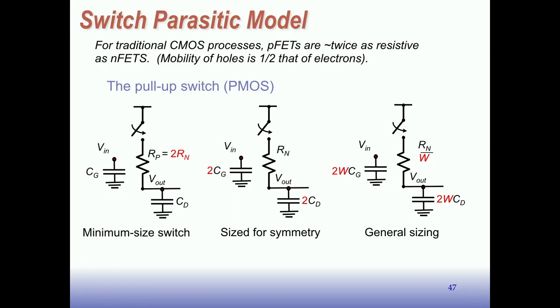In general, if we make it W times bigger, it would look like this. Then we can scale this, keep it sized for symmetry, but make it W times bigger. We'd have 2 times WCG. I'm just putting W here. Here divides the resistance by W, multiplies both capacitances by W. Okay. So